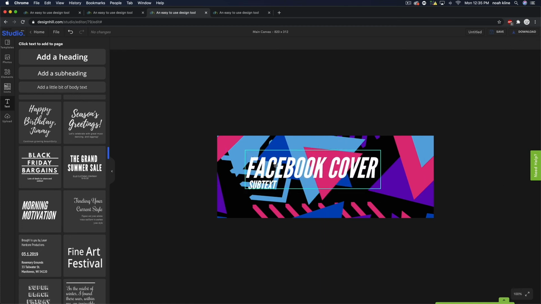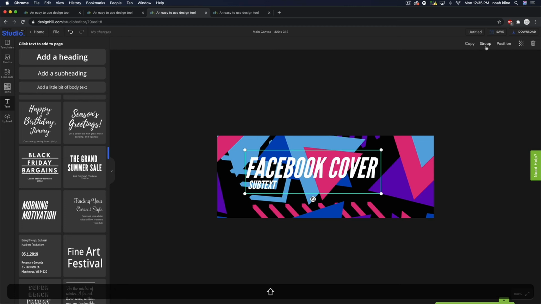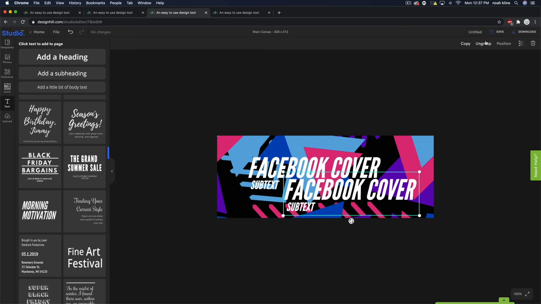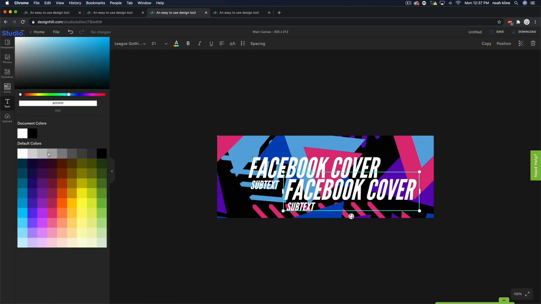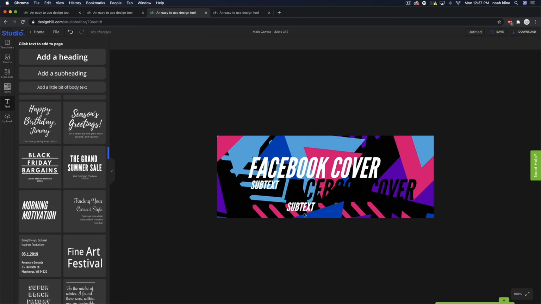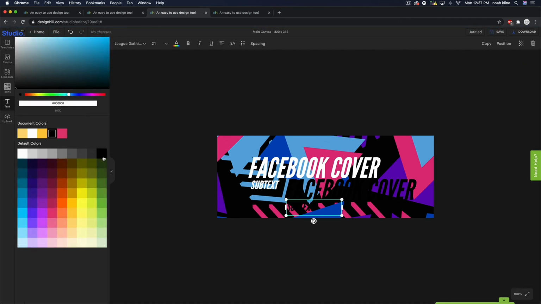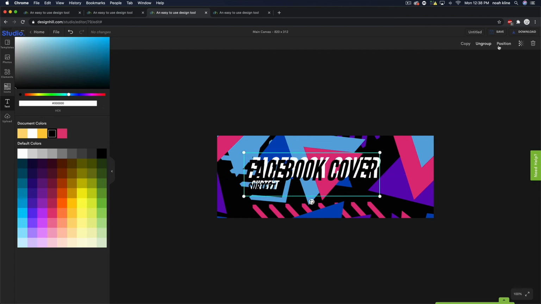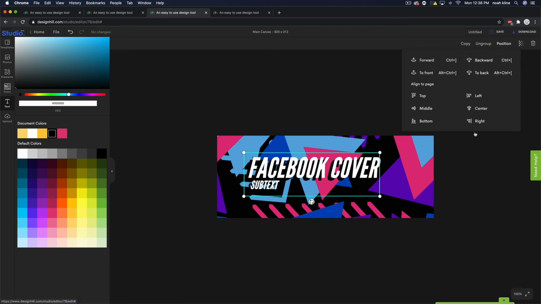And let's actually do one other thing. If we select both of these and group them, we can then go to copy on that and drag it over, and then ungroup it, select it, and let's make it a color. So probably should do one of the colors in this abstract image we got going on. So I'll just do the background color, which is black, and then click the subtext too and also make that black, and then hold shift again and click the main text so they're both selected again, group them again, and then let's overlay them and then bring them down and left, and then go to position, backward, and then cool,